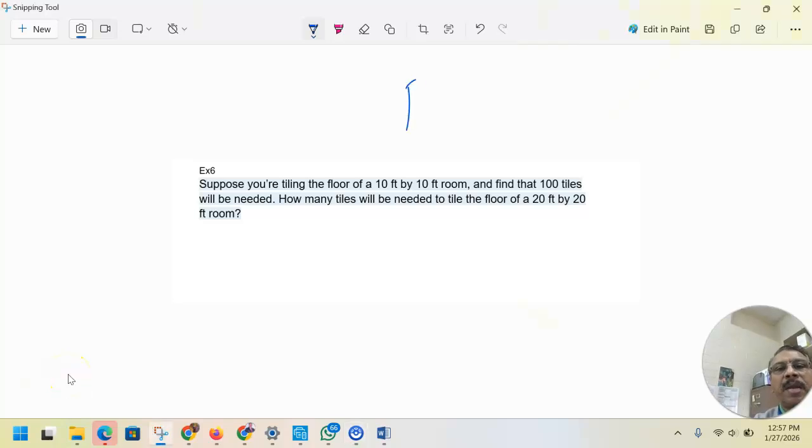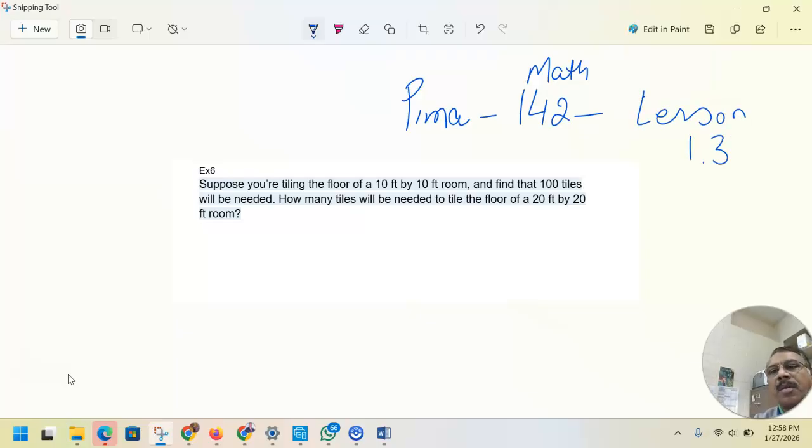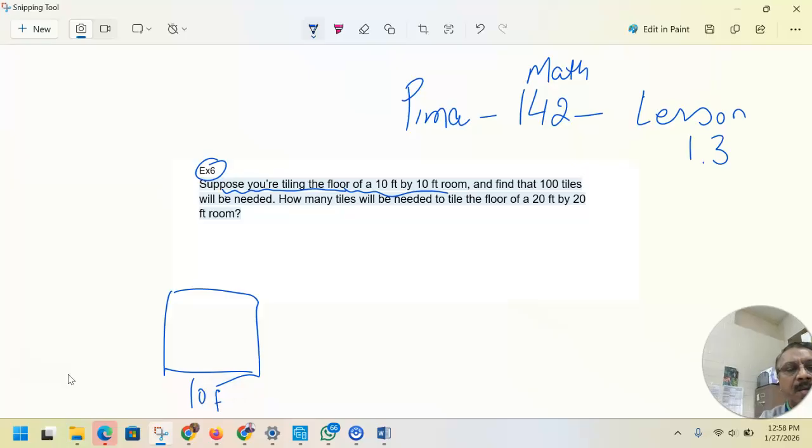So this is the same question, an example that I want to continue with. This is Pima Maths 142, lesson number 1.3. So continuing with example number 6, and remember, suppose you are tiling a 10 by 10 floor. So this is 10 by 10 feet. So if this is 10 feet